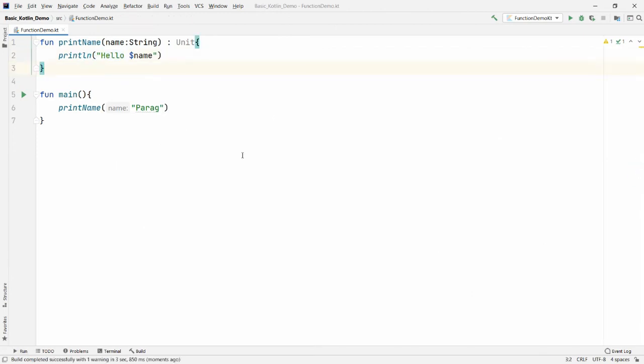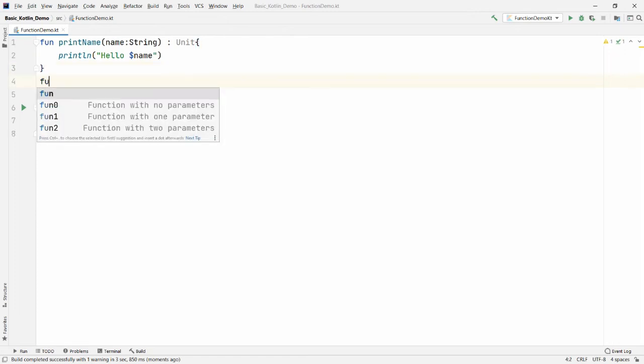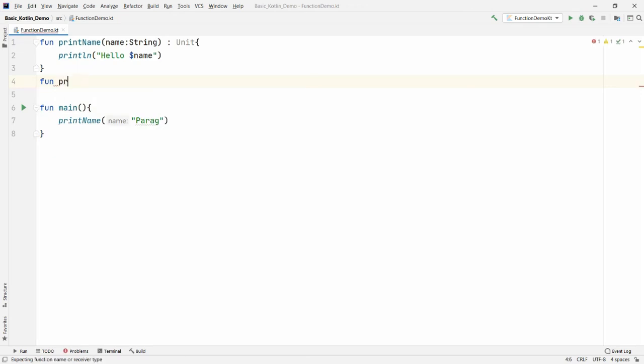Now I want to create one more function with a default parameter. It means that if the user does not provide any salutation, then I want to add Mr. by default. So here I'm creating one more version of the function, and the function name is printNameWithSalutation. So now this function has two arguments.